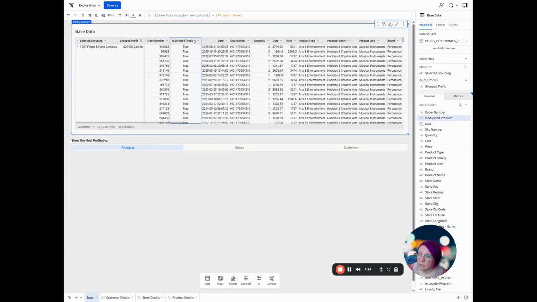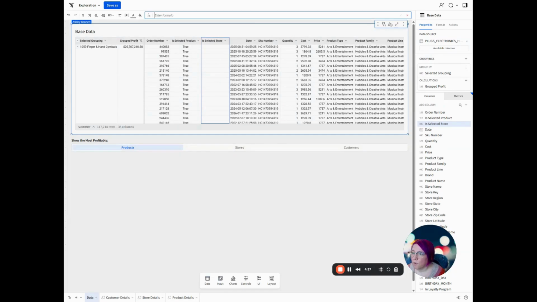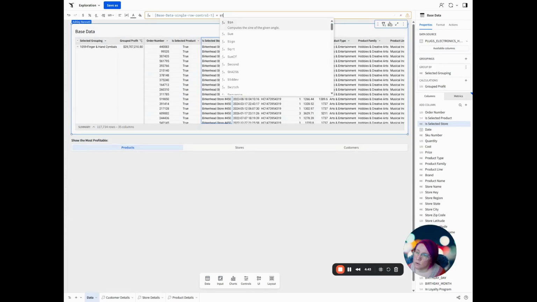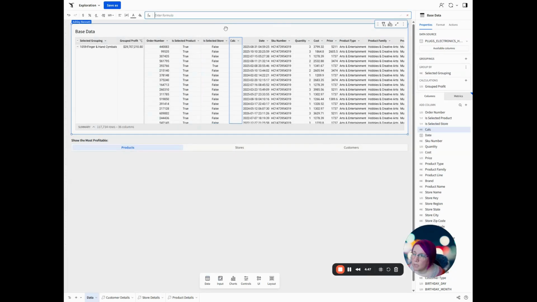Excellent. And then I want to create another one. So I'm going to Shift Plus again to do is selected store. And I'm going to do the next one should be our store, and it is. So equals store name. And then one more Shift Plus again for is selected customer,